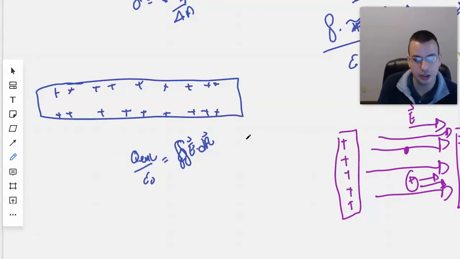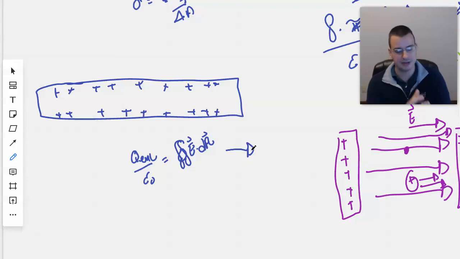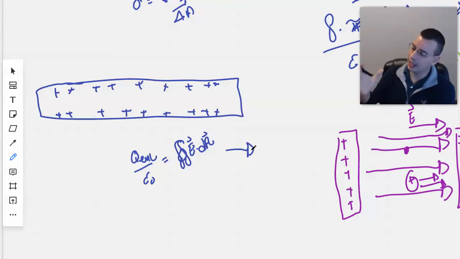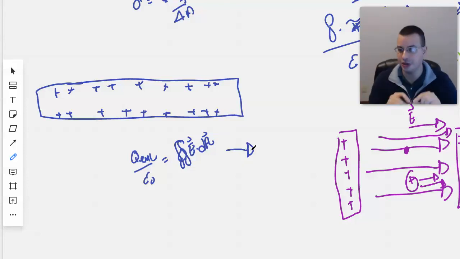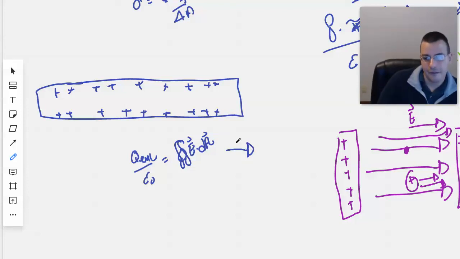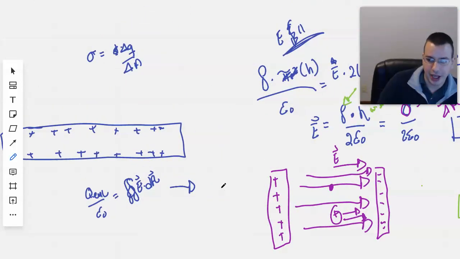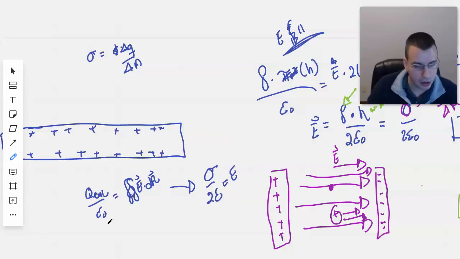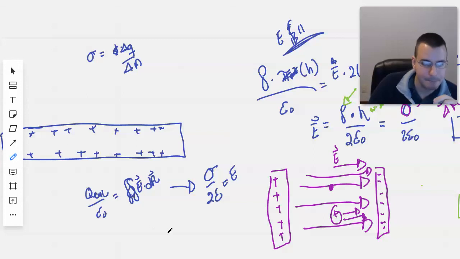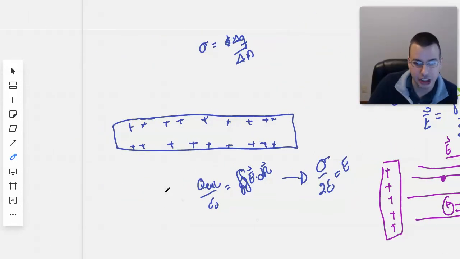You just know, because it should be memorized. You should probably memorize a sphere and a plane, and also an infinite line charge, which we'll get to next time. You know that sigma over 2 epsilon naught equals the electric field. Well, that's true,